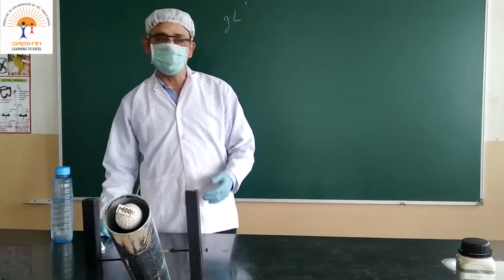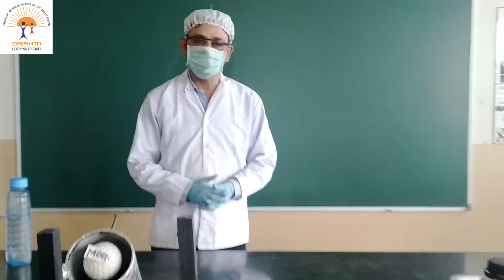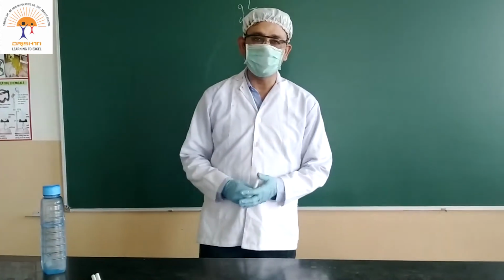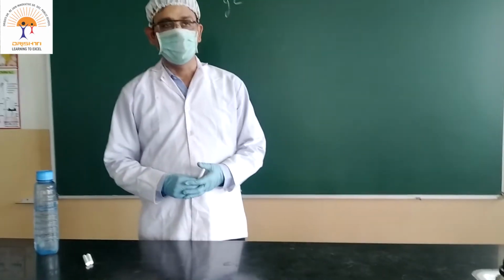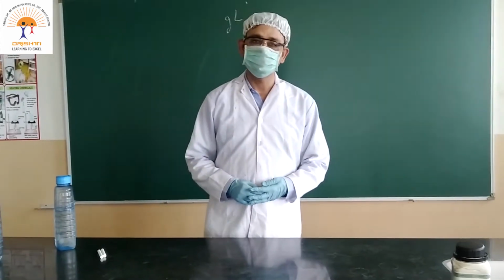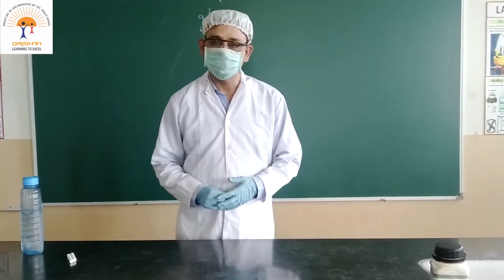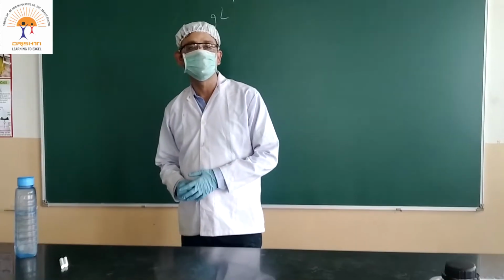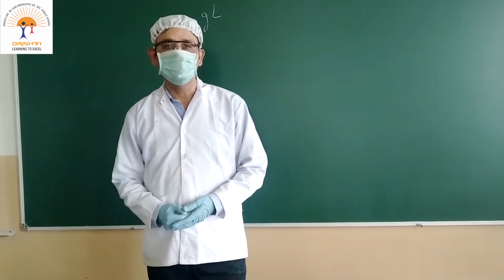So what we have done, I have randomly chosen some amount of potassium permanganate and dissolved it in water. And the total volume I have made is equal to 1 liter. But how much I have added? That is to be determined. So what is the method? Method is the titration. By the titration process, we can determine the strength, molarity, or any concentration term of the solute.